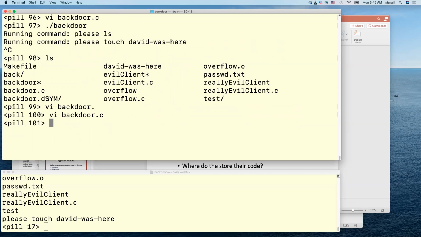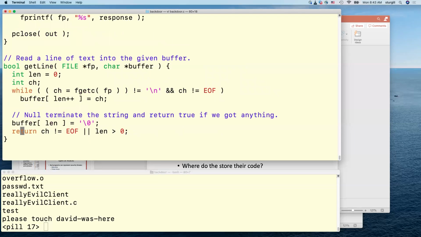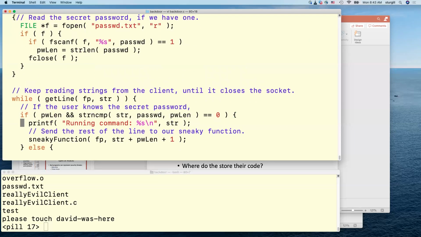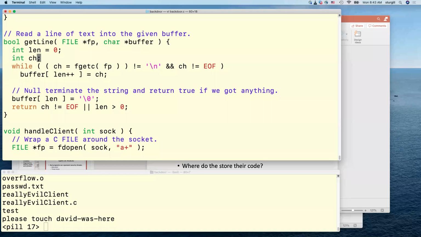I hid another vulnerability in this program, but this one's more like an accidental vulnerability. Let's take another look at the source code real fast. When I get a line of text typed by the user, I use this getLine function that I wrote. It'll read from any file you give it, and it'll store the line of text in the string. And the code for this function is right up here. You can see I just keep reading one character at a time from the file you told me to read. And as long as I haven't hit the end of line or EOF, I just store it in the buffer. When I'm done, I put a null terminator at the end of the buffer, and then I return true or false based on whether I really got a line or not.